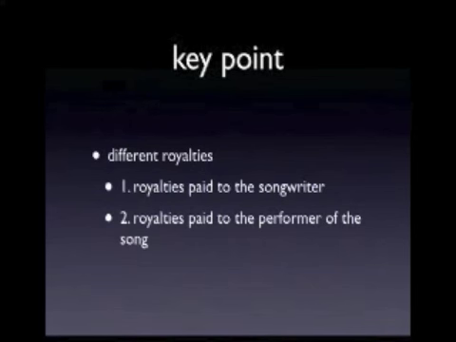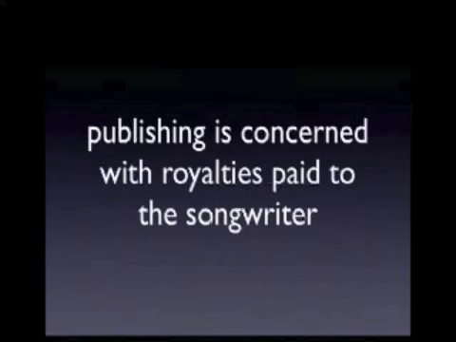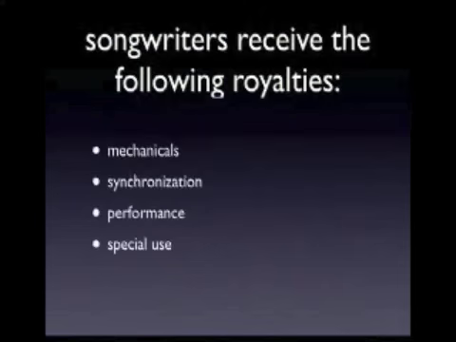There are royalties that are paid to the songwriter, the person who has written the songs, and then there's a different type of royalty that is paid to the person that performs the song. And in this course, and publishing in general, is concerned with the former, the royalty paid to the songwriter, not to the performer. It's the person that wrote the song, whether or not this person performed it on the record. Publishing is all about the writing of the song and the exploitation of the song and the collection of the money for that song, not the performance.